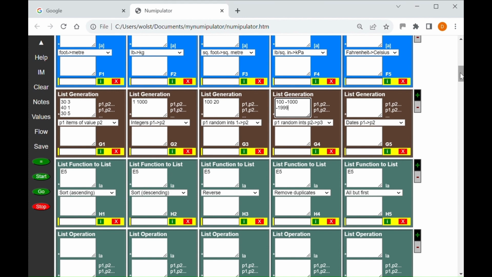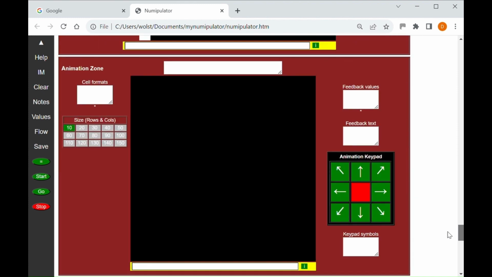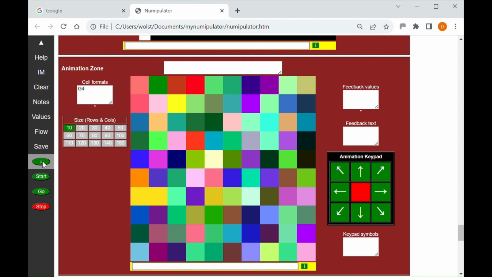So if we go down to the bottom now and put in here G4 and press equals, we get that. So you can see a lot more different shades than you had with just -1 to -20. The way these codes work is that it's only the last 3 digits that are really important. You still need the 1 or the -1, but something like